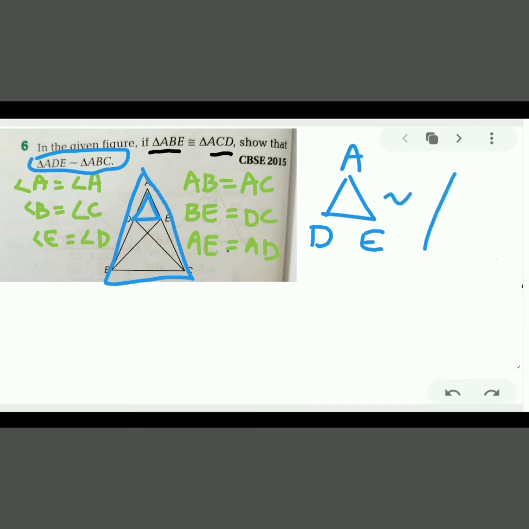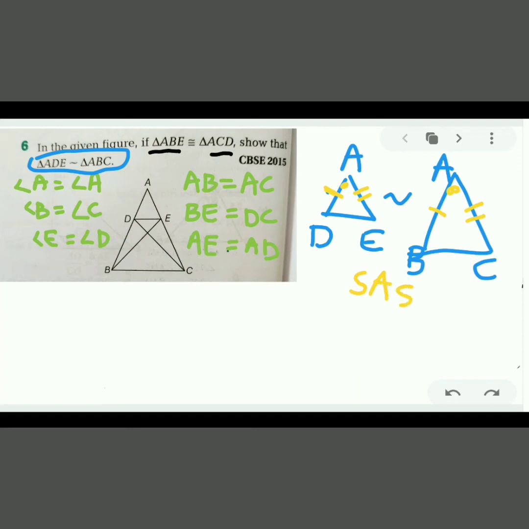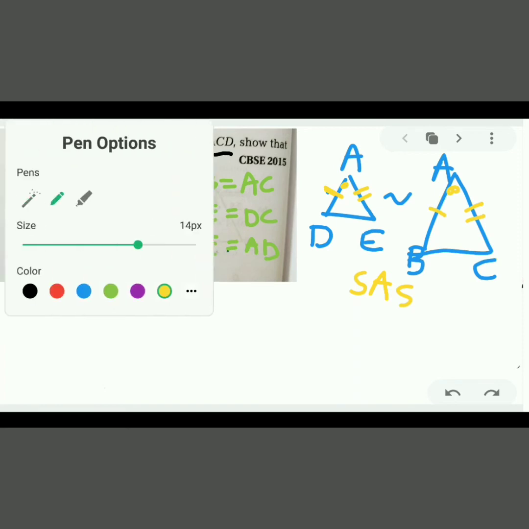We have to prove these two triangles as similar, and the name of the other triangle is A, B and C. It means if we have to prove these two triangles as similar, we can prove the ratios of the sides, let us denote with a different color: AD by AB, and AE by AC, and they have angle A as common. If the ratios are the same and we have one common angle, then by the rule of side angle side we can prove these two triangles similar.